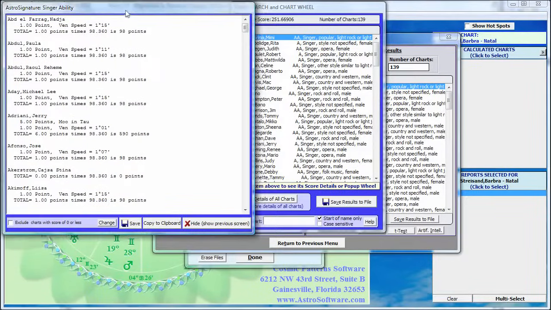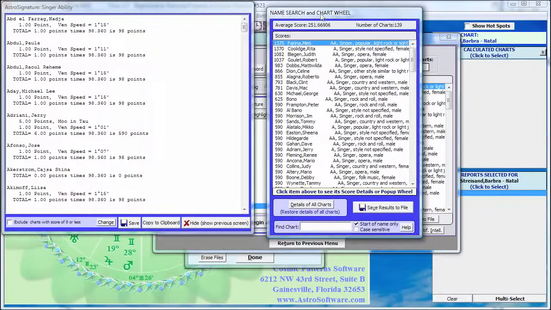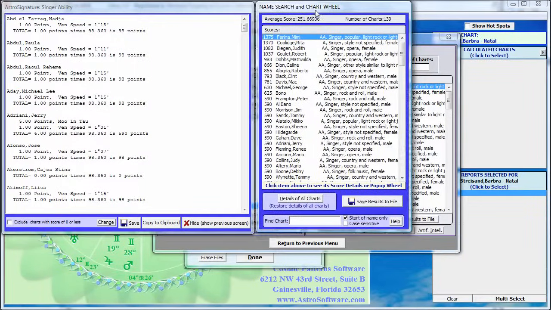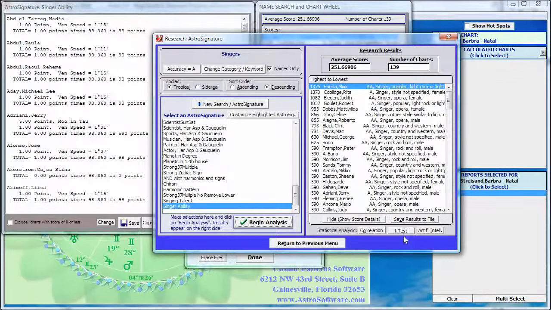Okay, this goes off my captured area of the screen. I'm capturing a small part of my screen here for the tutorial video. So drag this down here, and it shows us the average score is 251. So that's great. Now I'm going to go back to this window, and to evaluate